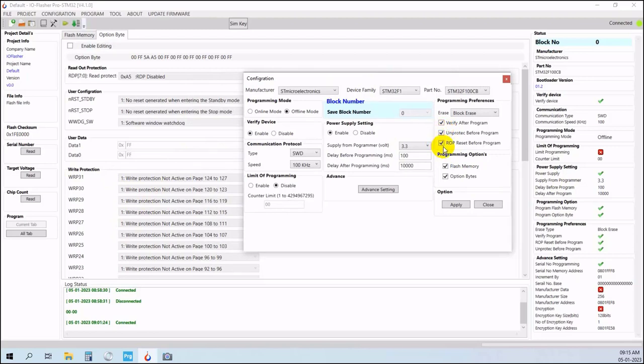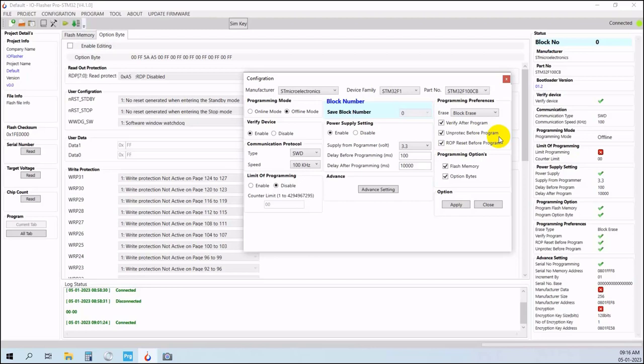So just to make it more clear, the ROP reset before programming will only reset or clear the readout protection. This will not clear the write protections or the PCROP protection or the other protections. While if you select this option, unprotect before programming, this will clear all the protections and then it will program